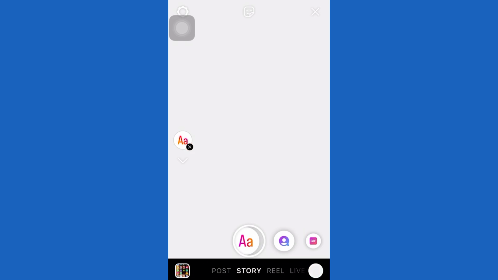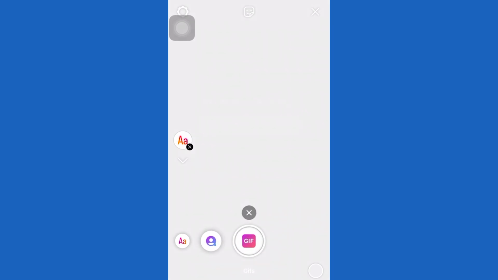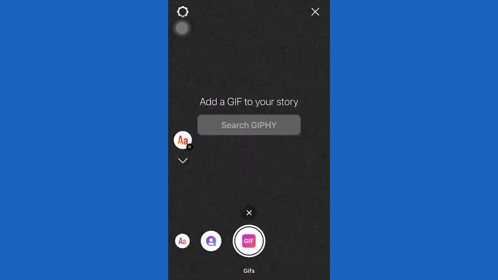And here it is. Now you can add stickers, a quiz, photos, or videos, and so on by clicking on the sticker icon right here and then edit the story as you like. That is how you can add a white background